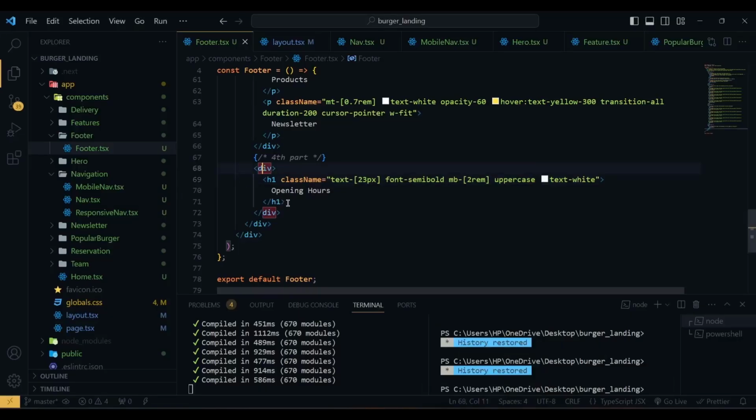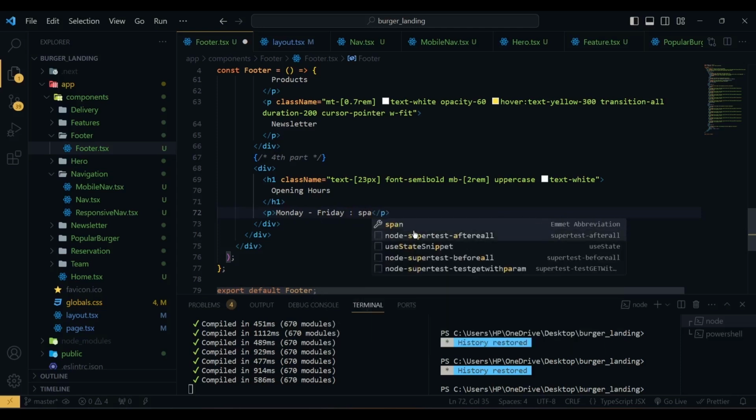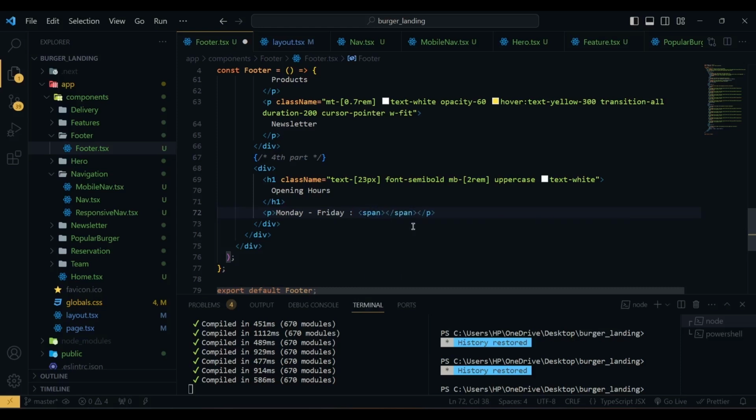Then inside this div, after the h1, we have a p tag. So here we have Monday to Friday, and then we have a span, 8 a.m. to 4 p.m. and I'm going to copy this, and next we have